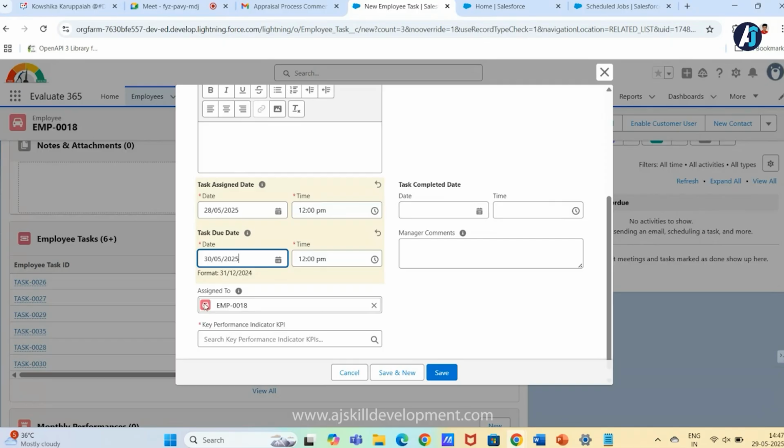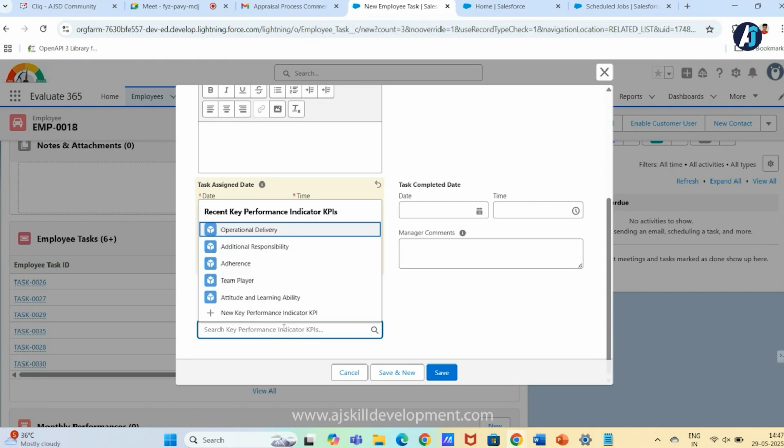You can see the assigned to is already populating because this is our employee. Employee 18 is his employee ID. Using employee ID only, we can find the individual person correctly, because two or three persons may have the same name. So for uniqueness, we have created the employee ID.